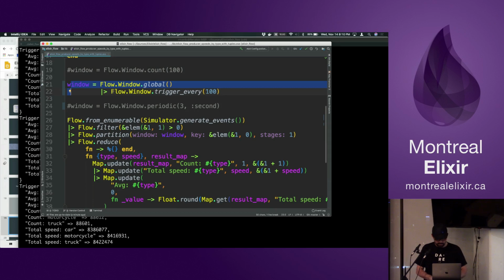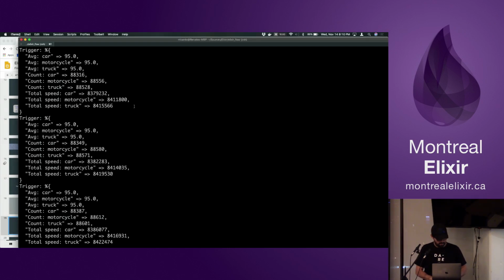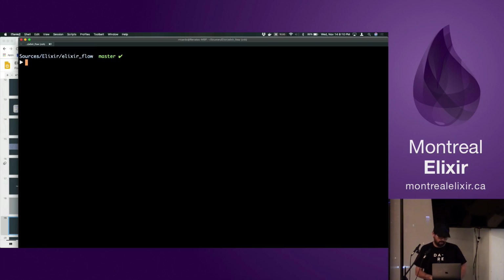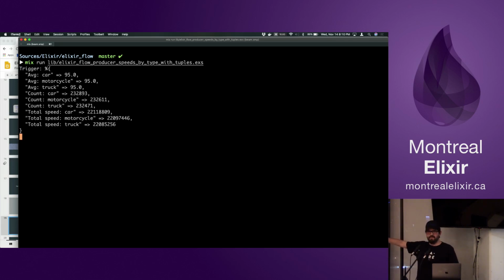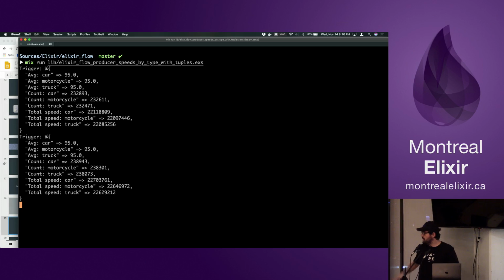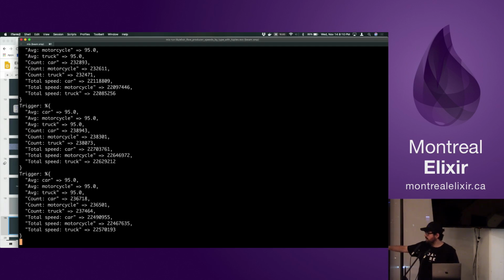And the third type is the periodic, which is based on time, but time of the processing, not time of the event, because my events here don't have a timestamp, though I could put one. Which means every 3 seconds it's gonna give me one answer. The amount of vehicles inside each answer is gonna differ, because it's only gonna count on time. It's gonna wait, 1, 2, 3, all the messages that I have right now, here it is.